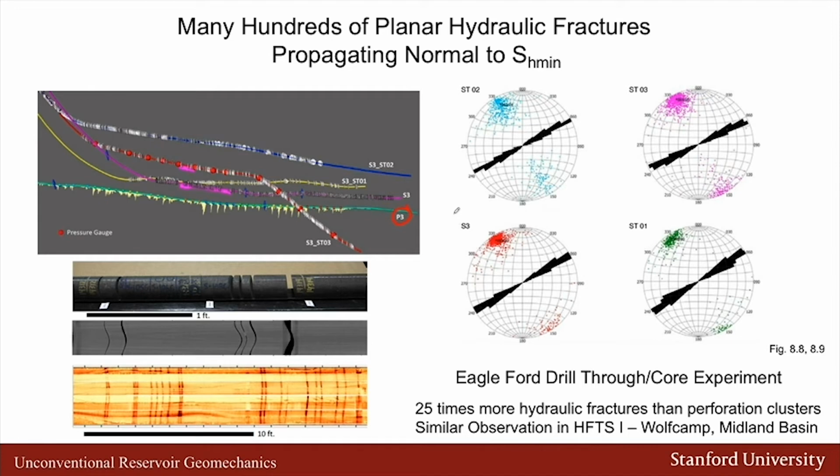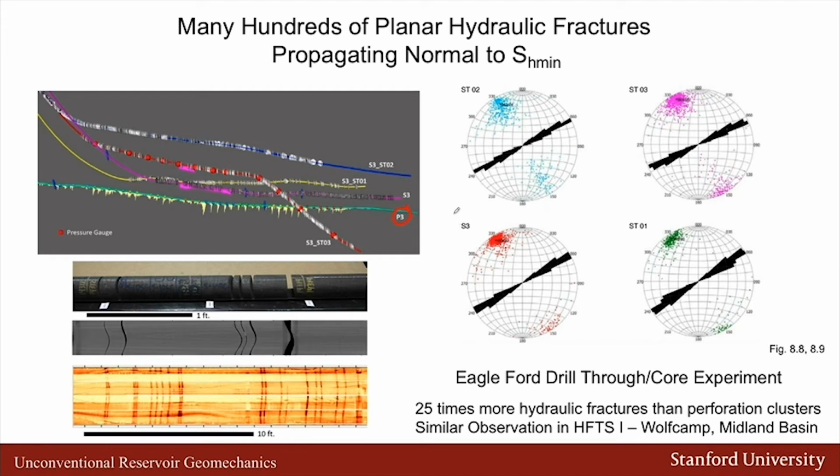than perforations. So somehow the hydraulic fractures, as they propagate away from the well, are bifurcating, and a single hydraulic fracture, let's say, that starts at a perforation is actually bifurcating into numerous hydraulic fractures in the far field. Now, there's very little proppant in these fractures. How much fluid is in the hydraulic fracturing fluid is unknown. There are a number of questions about exactly how this is occurring, but one thing that's perfectly obvious is that